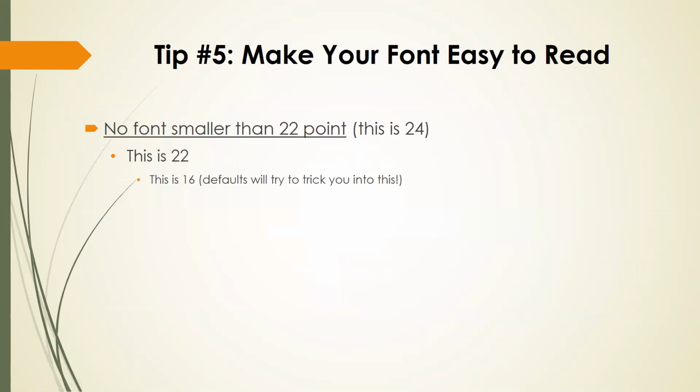Tip number 5 is to make your font easy to read. A lot of times people want to cram so much information onto their slides that they have to end up making the font really small. And we're striving to not have that many words itself on these slides. And so